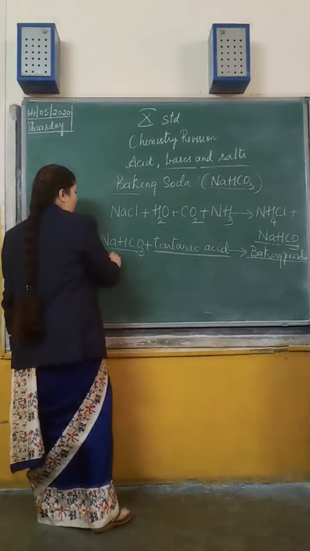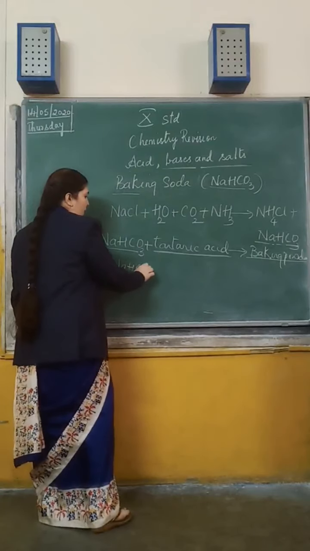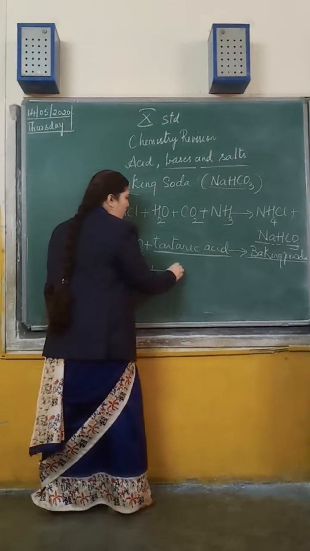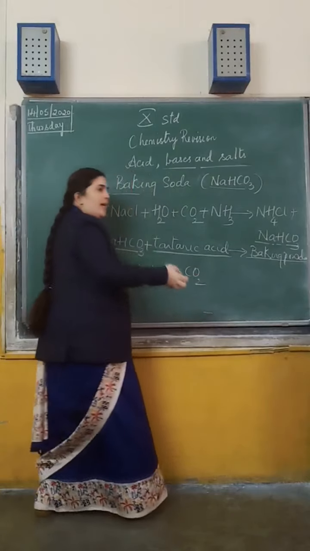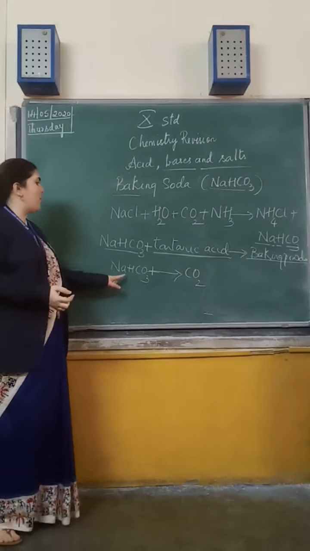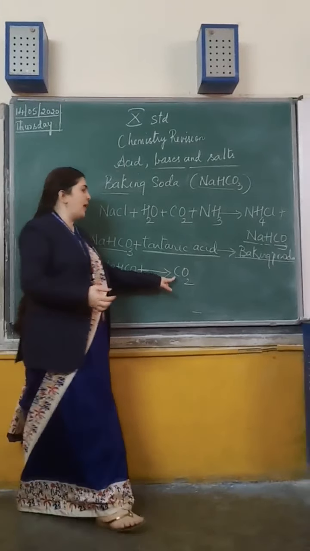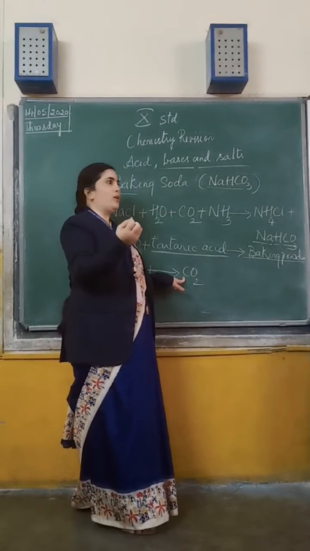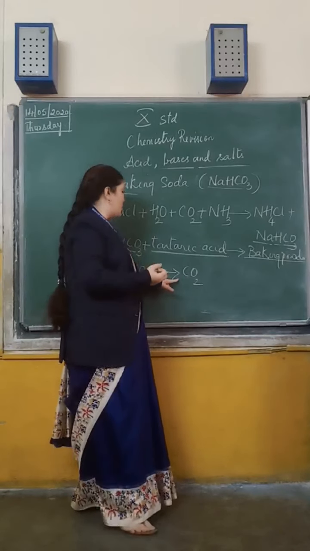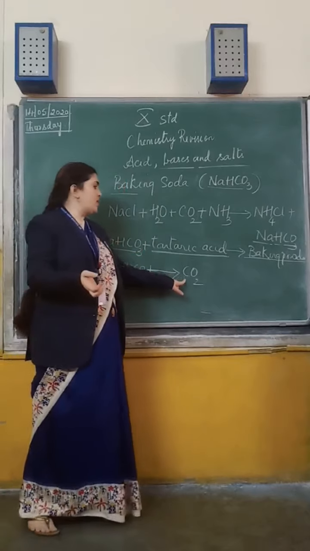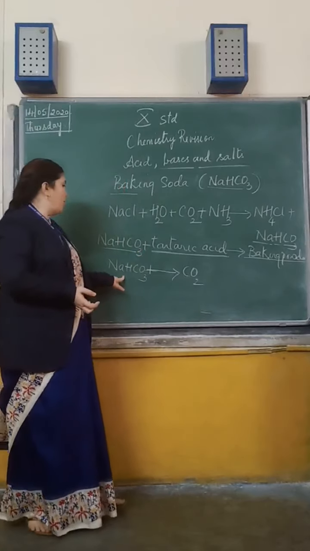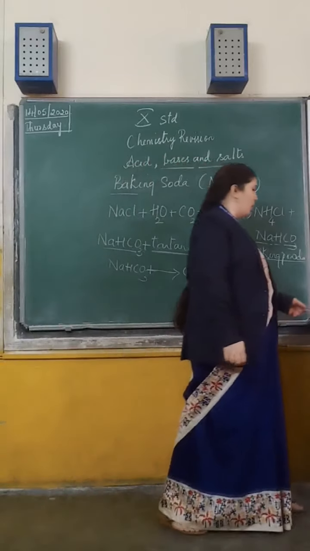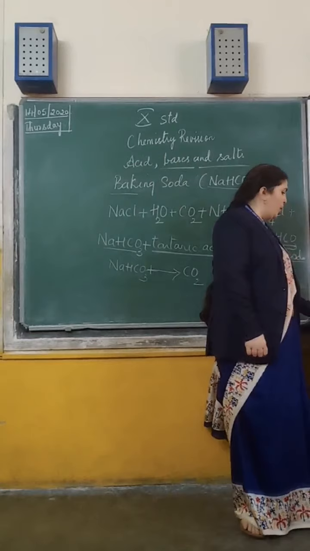What is happening when you treat this baking powder with water, or when you are heating it? Carbon dioxide gas escapes from the sodium hydrogen carbonate. Because of that, the pakoras or whatever you are making will become soft and crispy, because of the carbon dioxide gas from the sodium hydrogen carbonate. Because of that, it becomes somewhat fluffy. So from baking soda, you make baking powder.